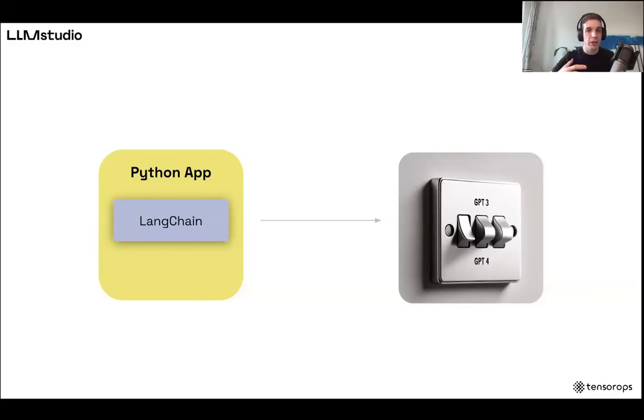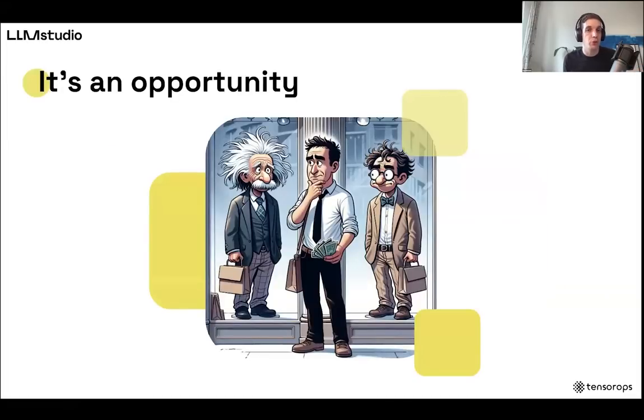And so with the same application, you now have the opportunity to decide how much you want your application to be smart, right? Because when you go to GPT-4, your AI application is going to be much more expensive, but also more smart. So I don't see the cost of an AI application as just a burden, but also as an opportunity, because based on how much you're willing to spend, you can decide if you want to go to the store and buy an Einstein or some smart guy that is not an Einstein, right? Based on the budget, you can switch it like a volume switch